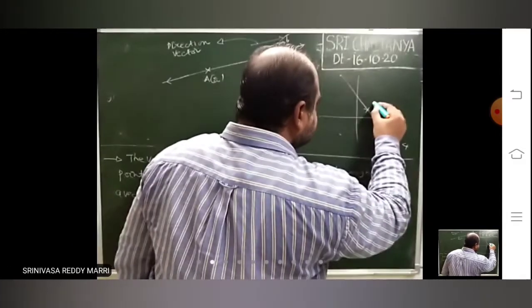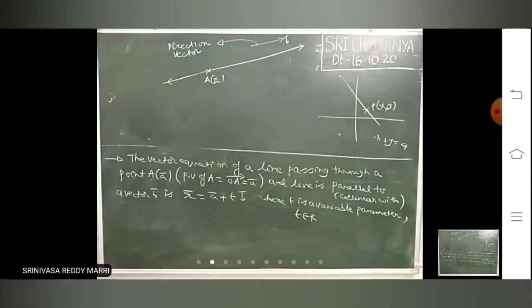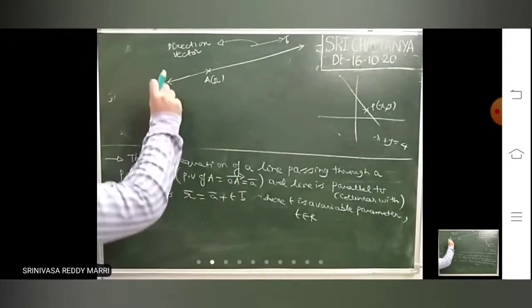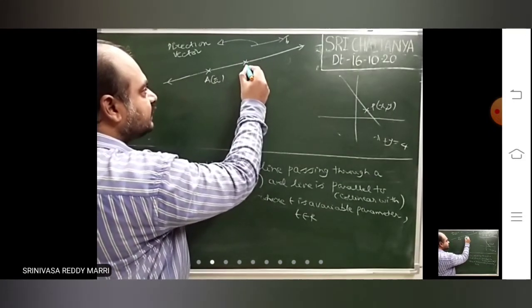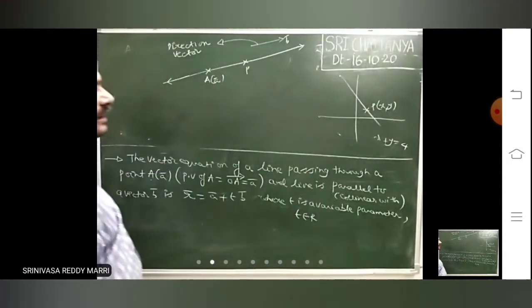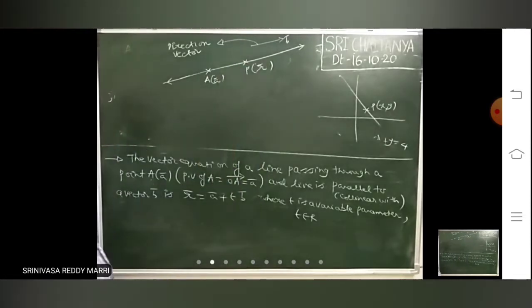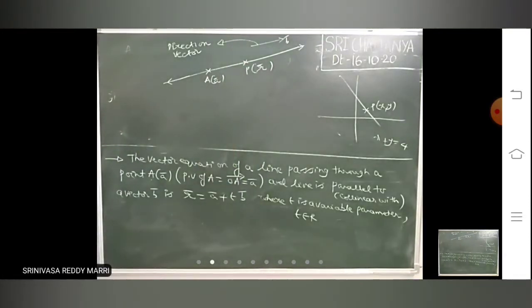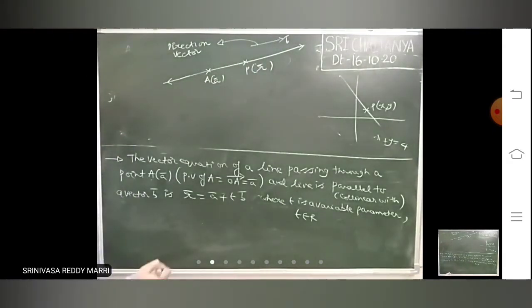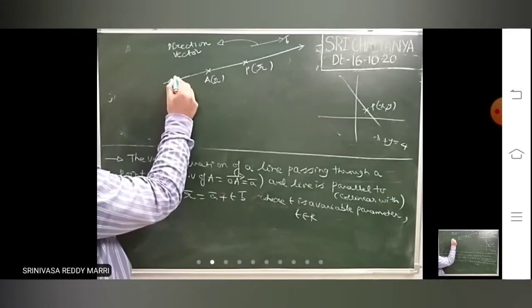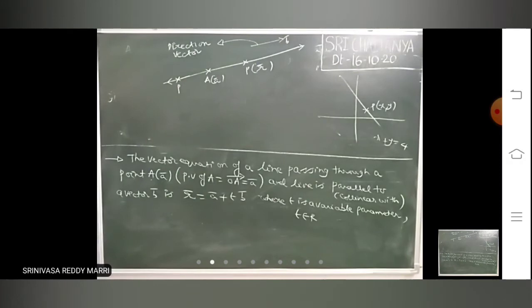On this line, what will we take for this point? x comma y. Similarly, every point on that line is represented by R bar. Every point on that line is represented by R bar. P can be anywhere, a general point. Anyway, any point on the line is represented by R bar.